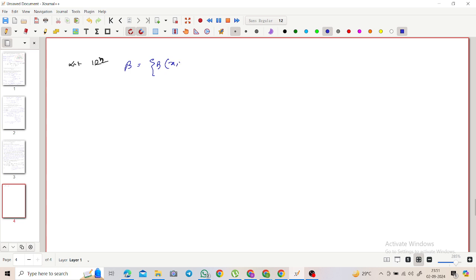That is balls around (x, y) of radius r. Okay, what is this thing? This thing is